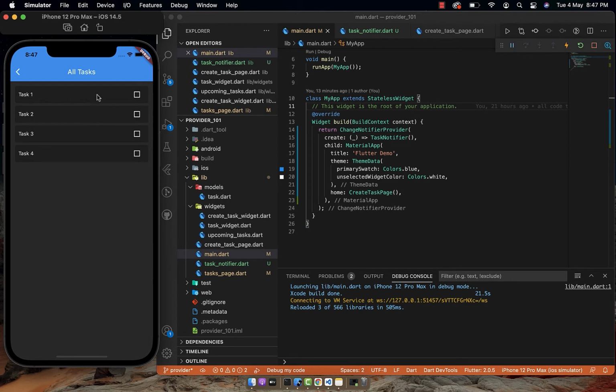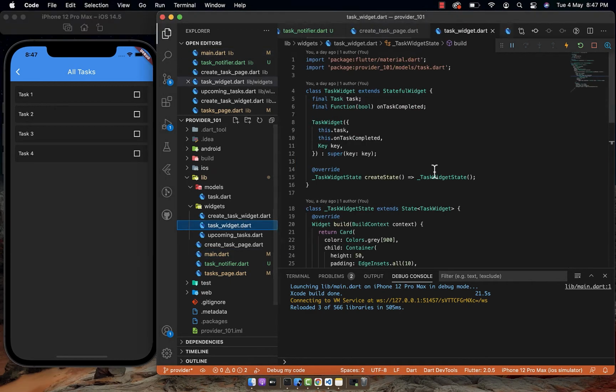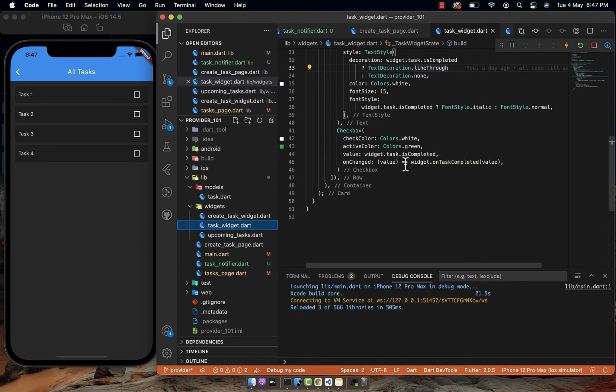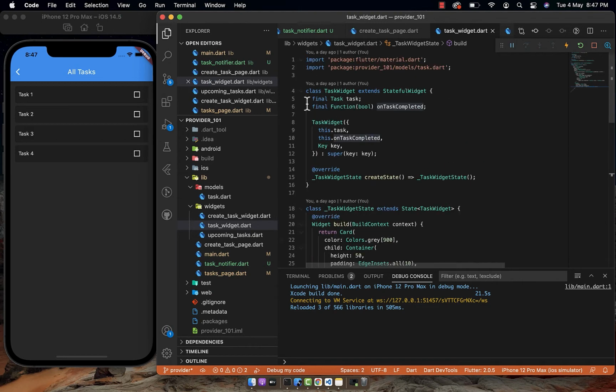As long as I put this check uncheck responsibility inside this list style. We have this tasks widget, and here we are calling this method whenever we are marking this task as complete or incomplete. Now this is a separate widget and this is a stateful widget.